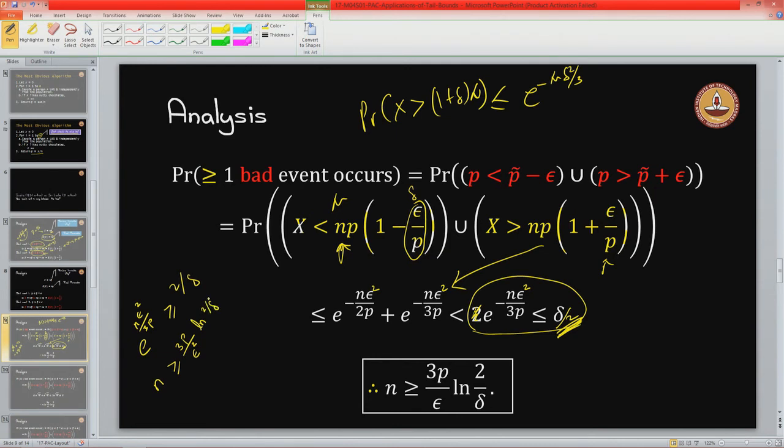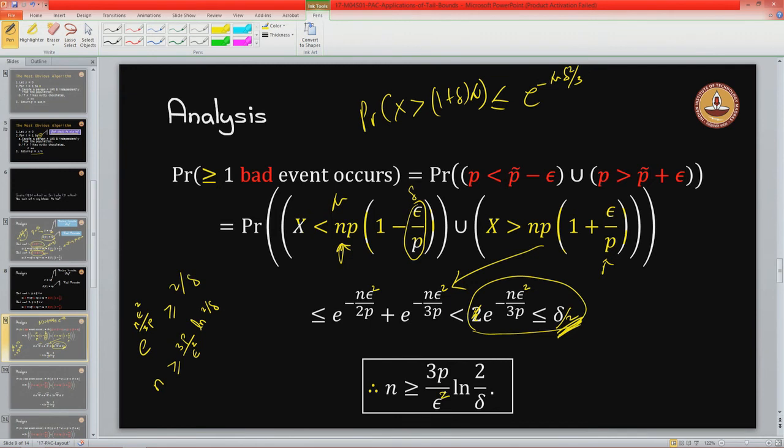Okay. This is what we get over here. And how do we interpret this? What does this even mean? It just means that as long as our n value is at least this much,